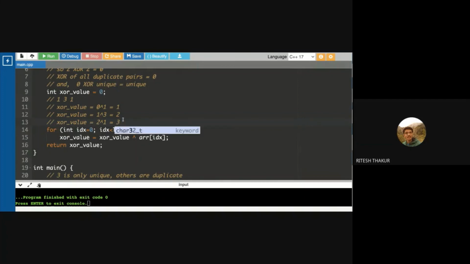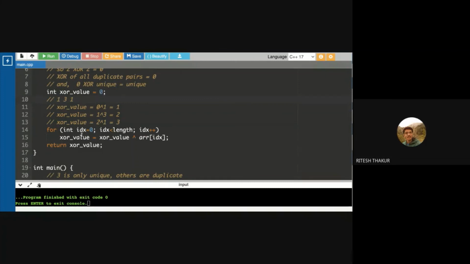So if we look at the end output, the answer is 3, which is the unique element in the array. This intermediate result 2 is because of the XOR, and if it is present there is no problem, because we are at the end looking at the result. So even if we have, let's say, 3 at the start or 3 at the end, the XOR of all the values will always result in the unique value. So that's a quite interesting property of XOR.